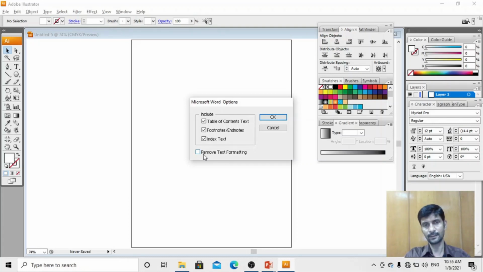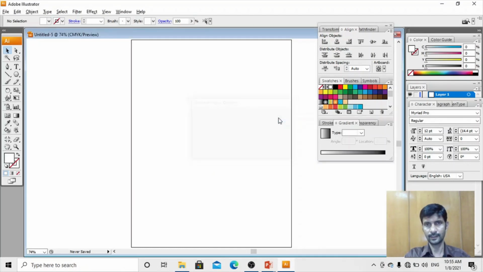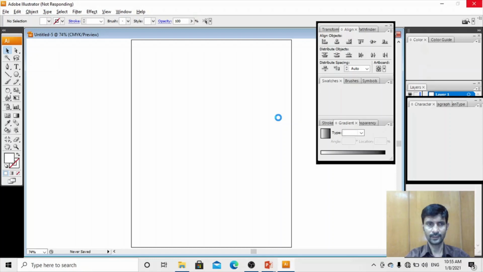If you don't want it, then remove the text format. If you want the same text format here also, then do not tick this and click OK. Wait for 2 seconds until it opens. See, after opening, you can see how it looks.